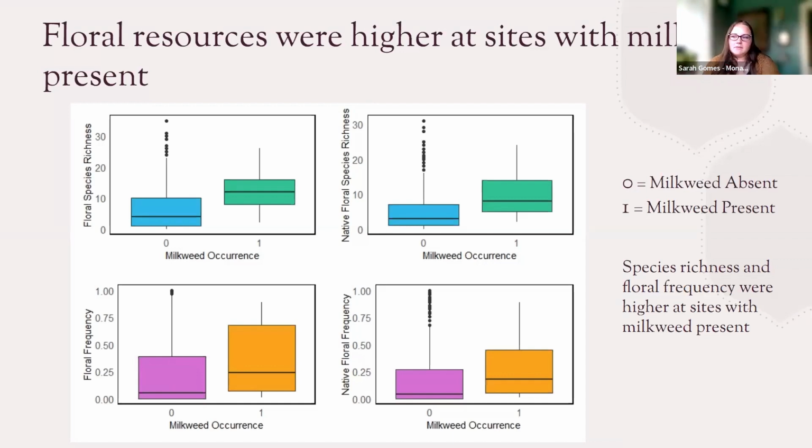On the bottom, in pink and orange, we've got floral frequency, again, the frequency of blooming plants, and native floral frequency. 0 represents where milkweed is absent. 1 represents where milkweed is present. And what we see in all 4 of these graphs is that both species richness and floral frequency are